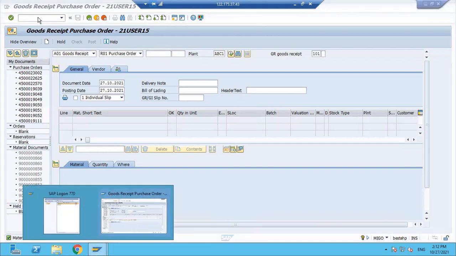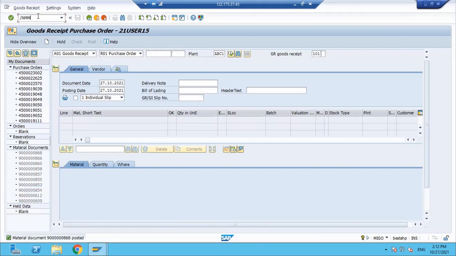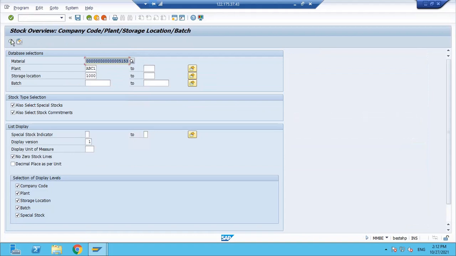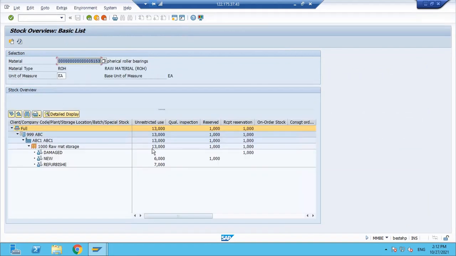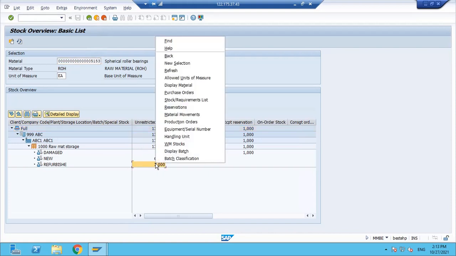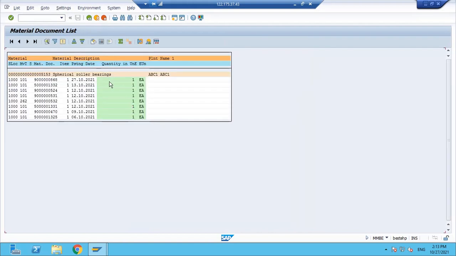Now if you go to the stock overview, you can find that the damage has been removed and under refurbishment the quantity got increased from 6 to 7. Why? Because we have just now done the GR. If you want to see the material movements here, you can see.